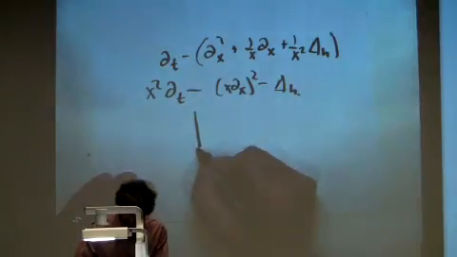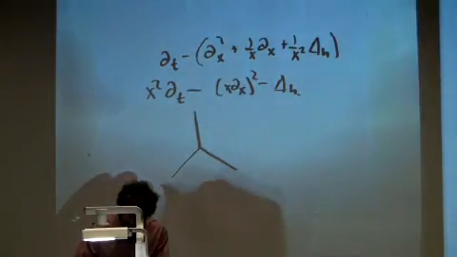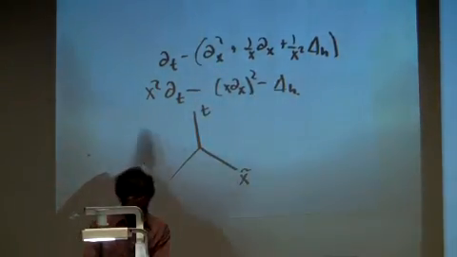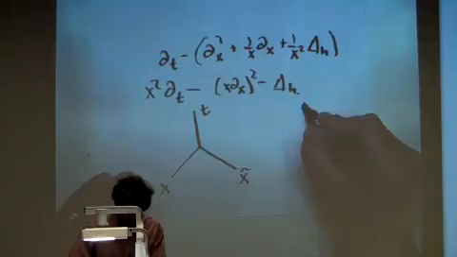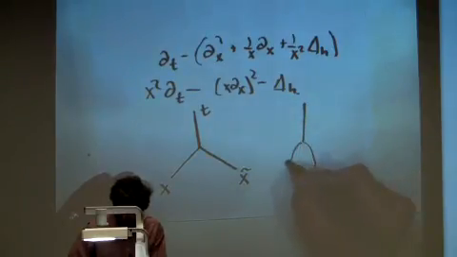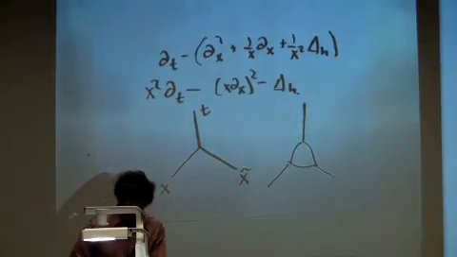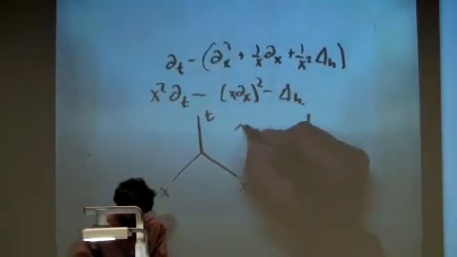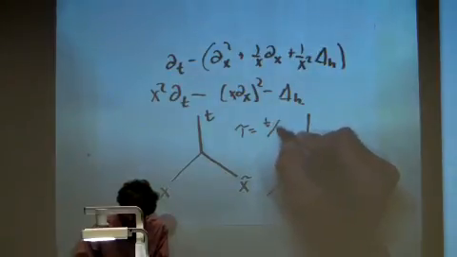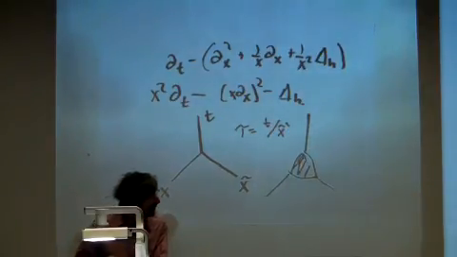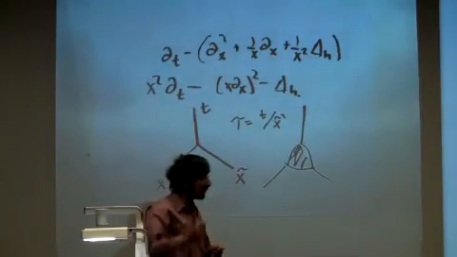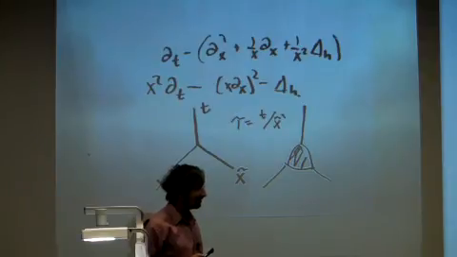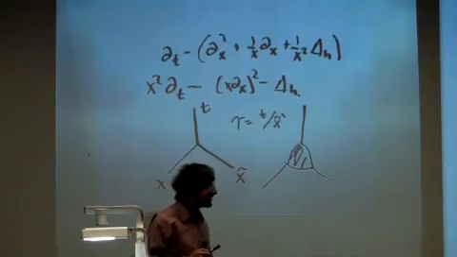Again, forgive me for those of you who are not in the midst of this business. The heat kernel is supposed to be a function of x, x tilde, and t, and because of this extra factor of x squared, you blow up the corner t equals x tilde equals 0 parabolically. This is your model face, and in terms of a rescaled time variable, if I let tau be t over x tilde squared, that's the time variable on this face. That's going from 0 to infinity, but infinitesimally at t equals 0. So it was meant to be a flip comment because, from some point of view, it's an easy transformation.